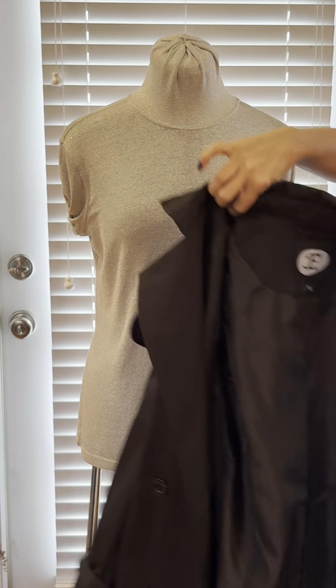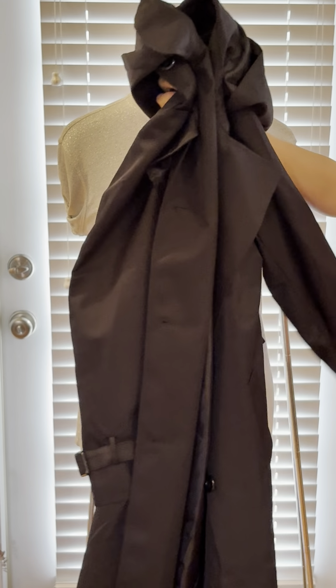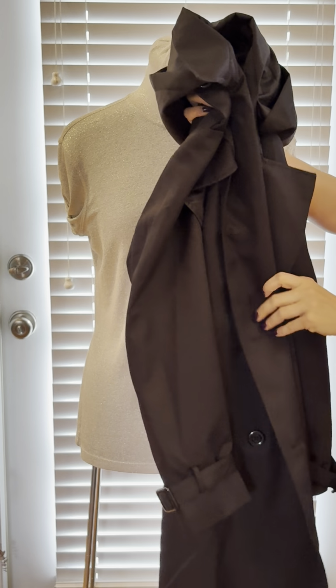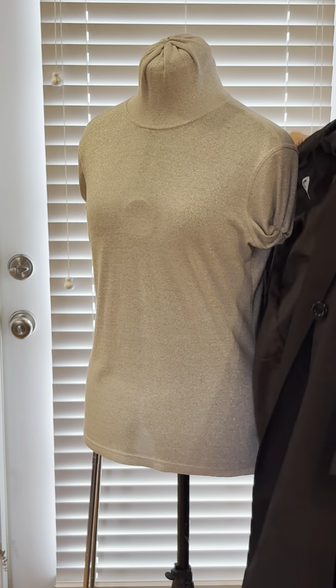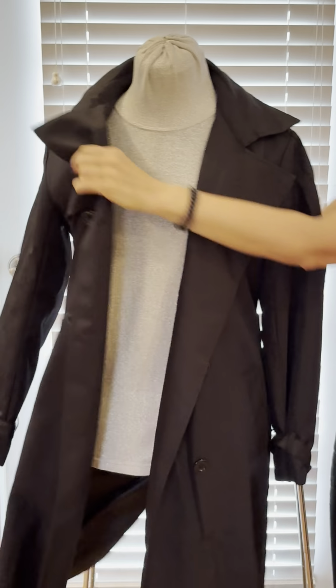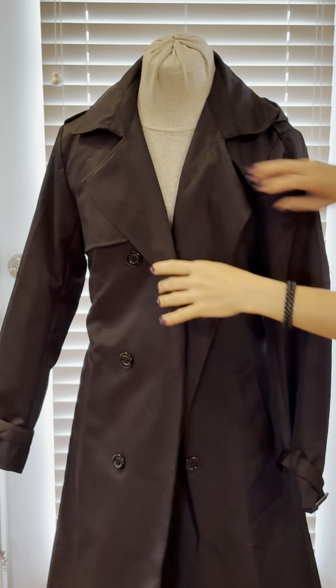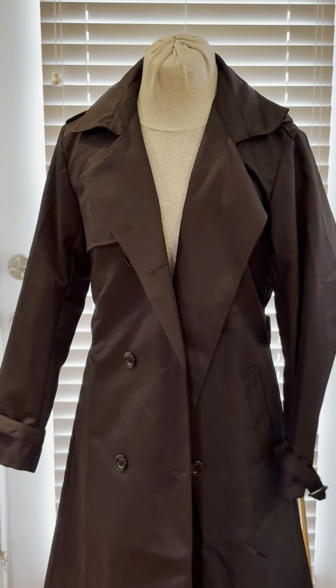Now, this one I'm really excited about. I probably should have steamed it before making this video, but I just got it on Temu and I love it, love it, love it so much. It's just a black trench coat, but it's got a few extra features that normal trench coats don't have. Namely,